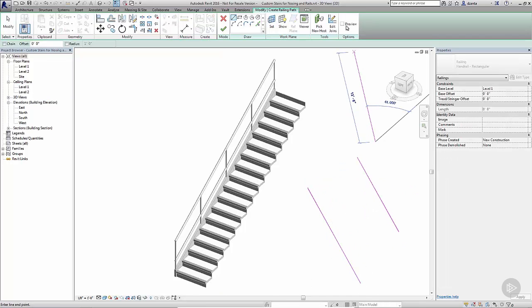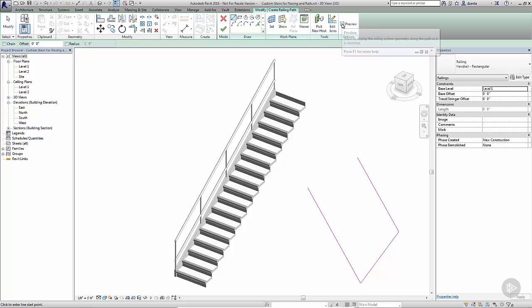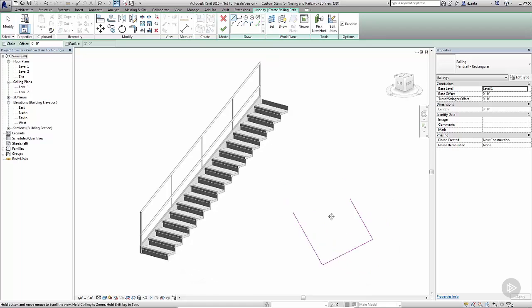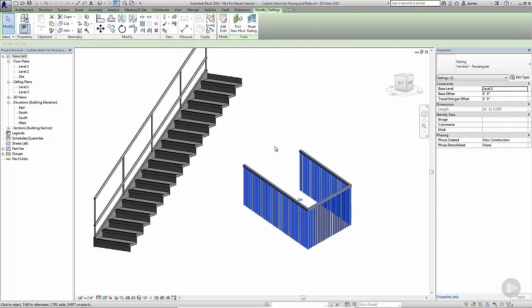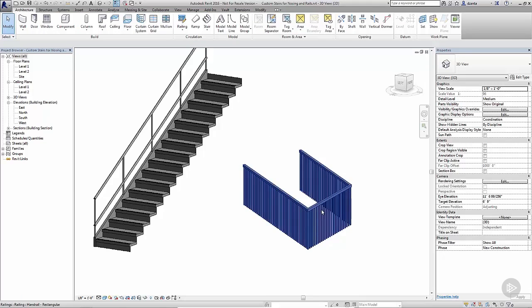like so. And if you want to, you can also have the preview icon turned on right here in the contextual tab of the ribbon. And depending on the graphics card that you're working with, you may or may not be able to see that three-dimensional preview. My laptop unfortunately has a graphics card that's not compatible with Revit 2016, so I can't see this preview. But if you're using a Quadro card or an ATI FireGL card, you should be okay. I'll hit the green check mark to finish the creation of this stair railing, and it's just an independent railing